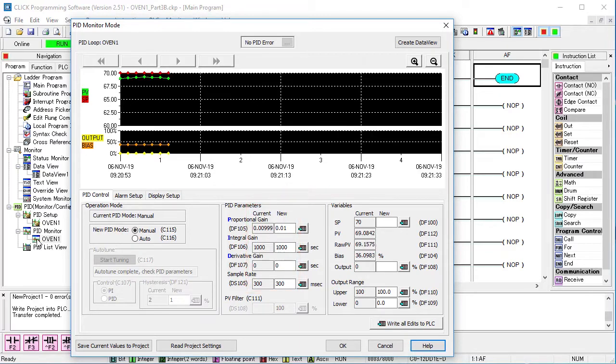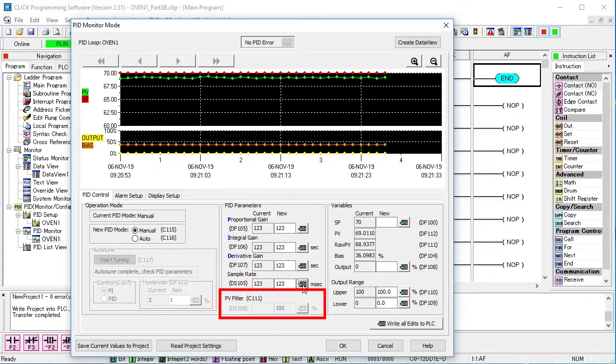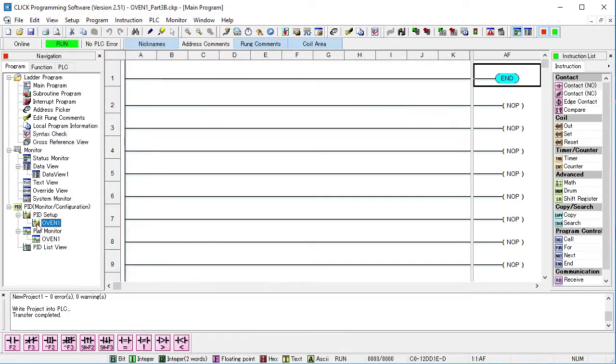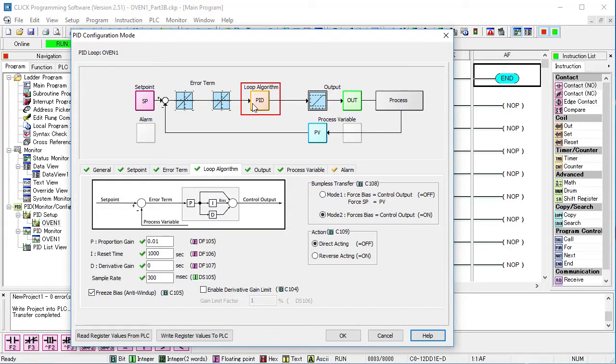Suppose we got some new tuning parameters here. I'll just enter some random numbers for now. And we want to enable filtering. Well, we can't because it's currently disabled. So we need to close the monitor, go to the PID setup, and before making any changes, read the current values. You can see here it pulled in the new tuning coefficients that I just entered.